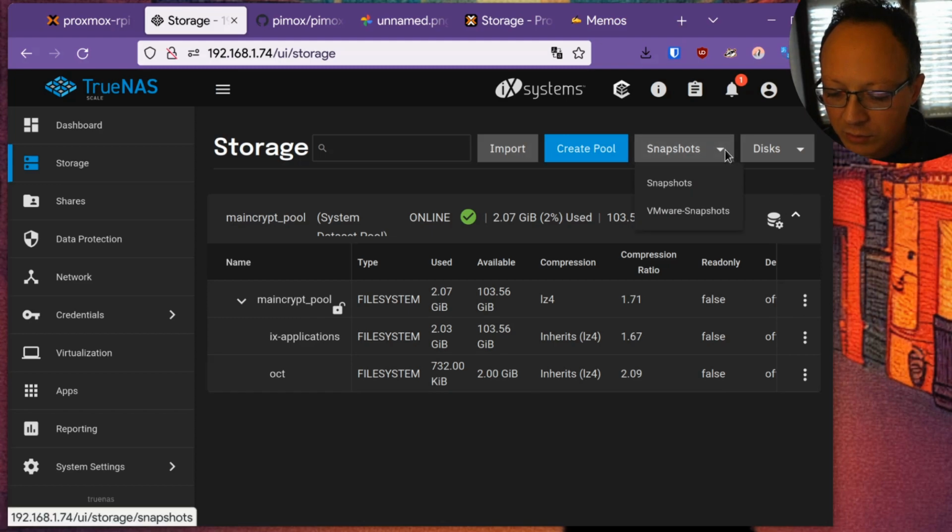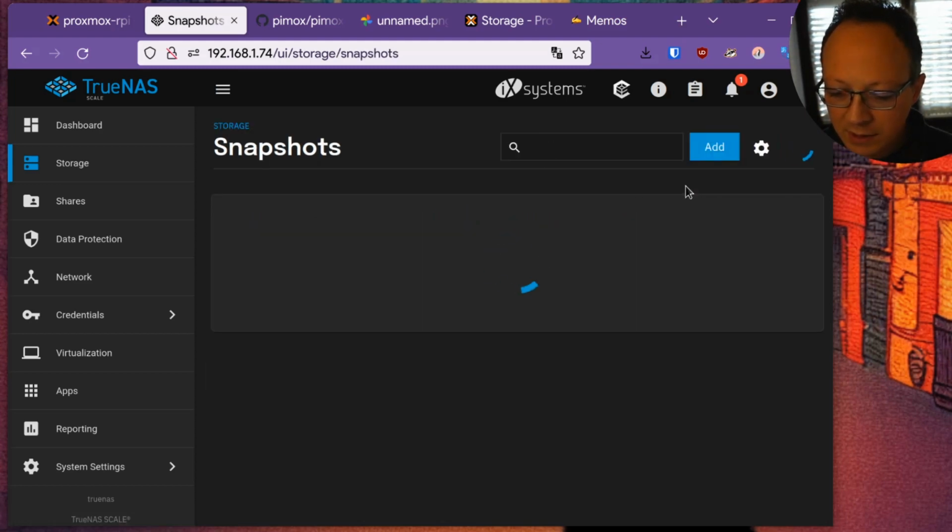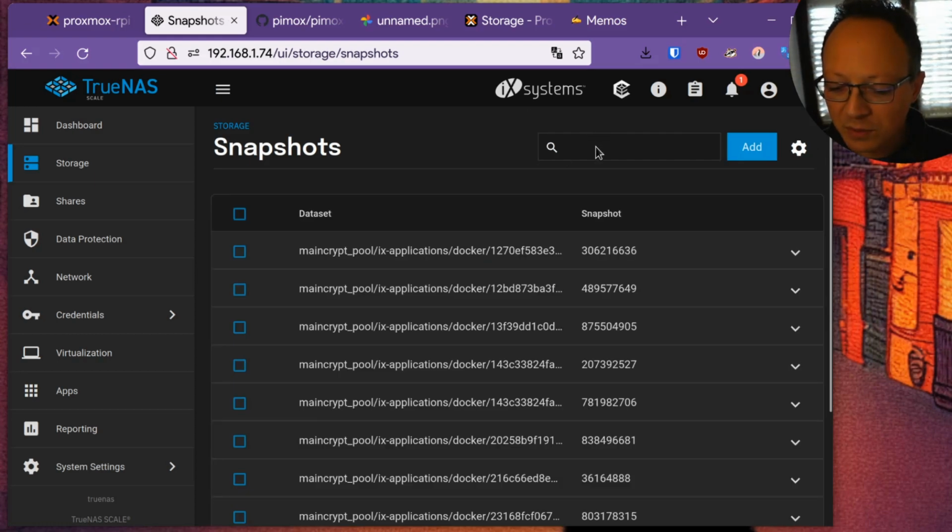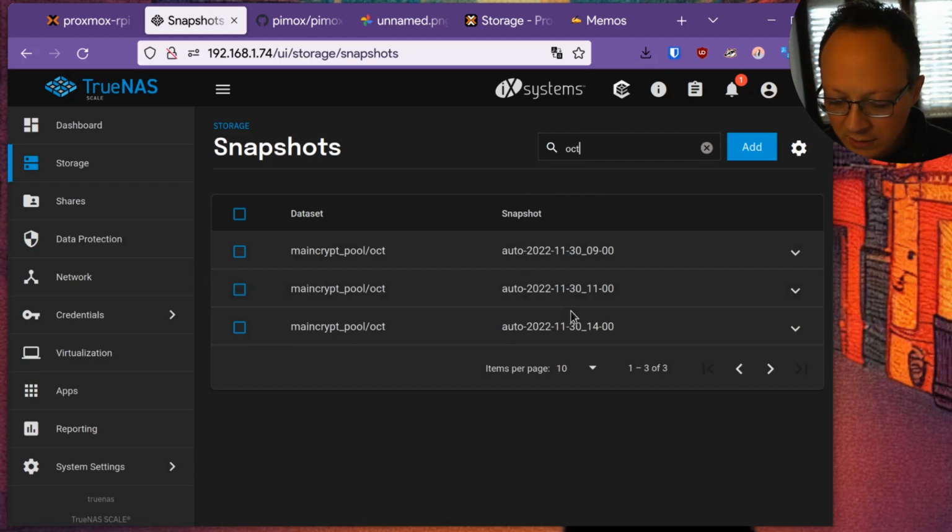So I can go to snapshots, and I can go back in time to the previous release of the software. So these are the latest snapshots, which are very fast to do, and you can also use automation to create them. So I roll back to this one.